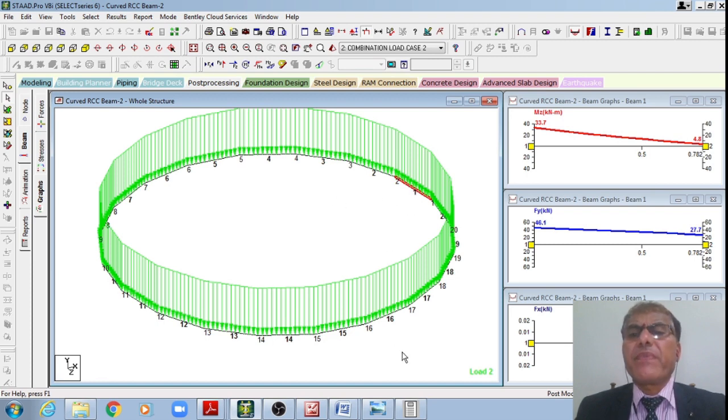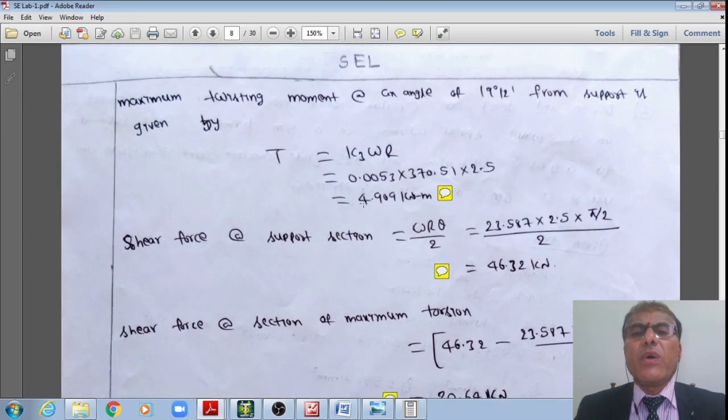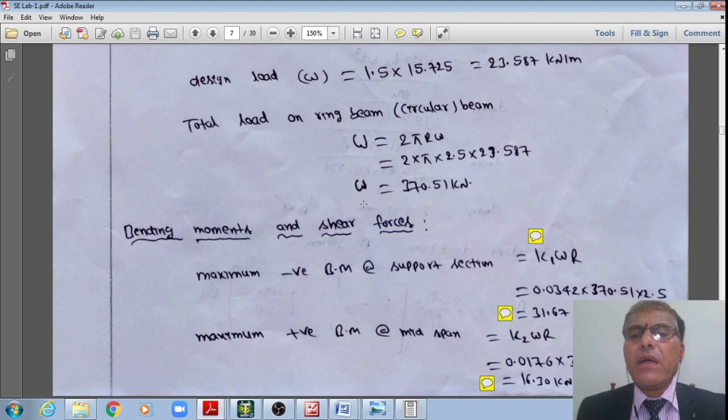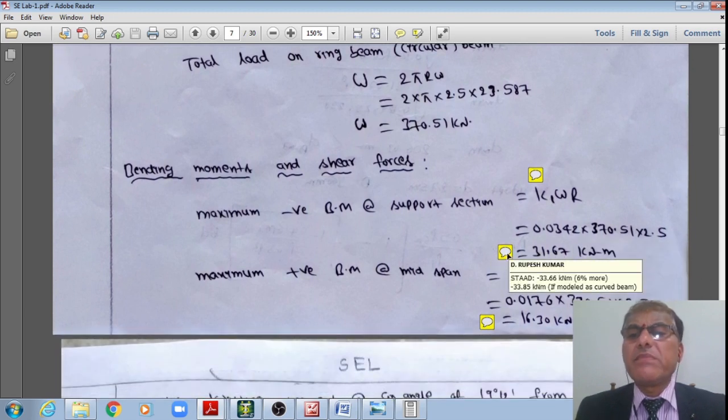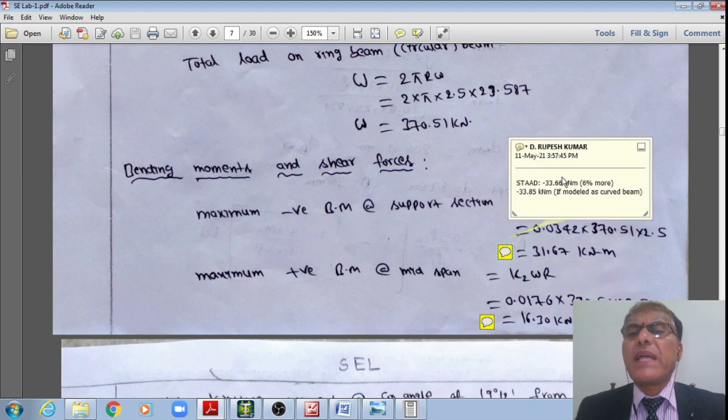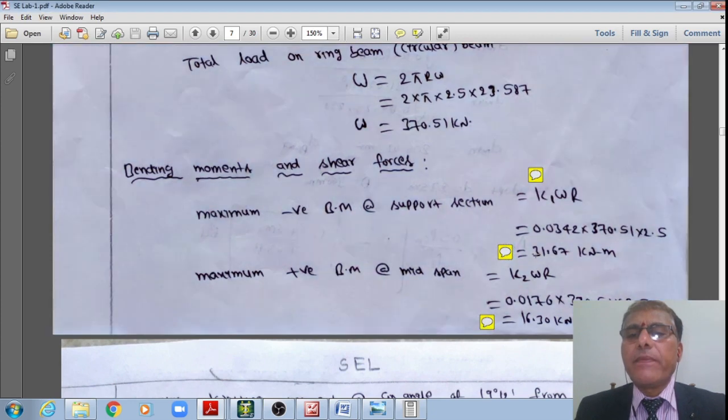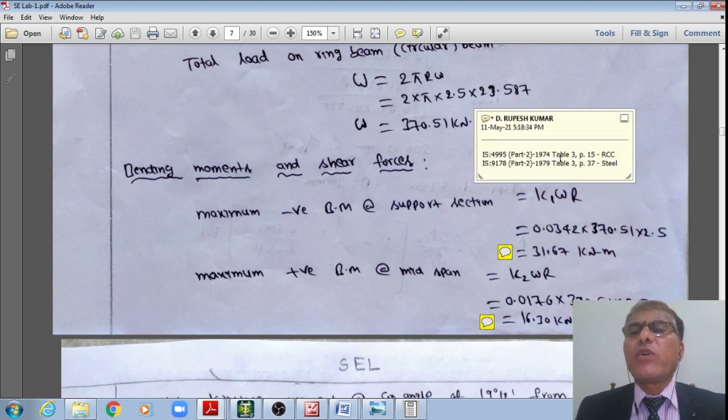For the first beam, I am having the maximum moment. Maximum moment is varying from 33.7 to 4.8. Now let us see this as per the manual calculations. I'm just revisiting the manual calculation at the top, student. What I am seeing from STAAD is minus 33.66, whereas using these IS 4995 coefficients, I obtained the maximum negative bending moment as 31.67, but STAAD is giving